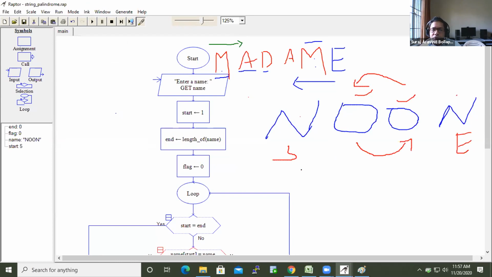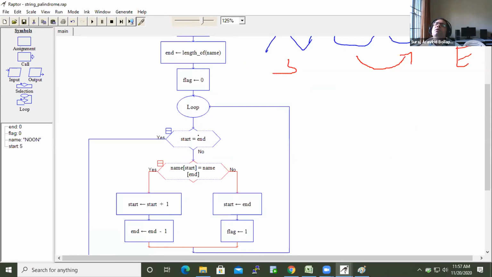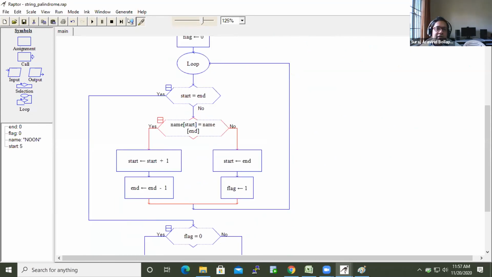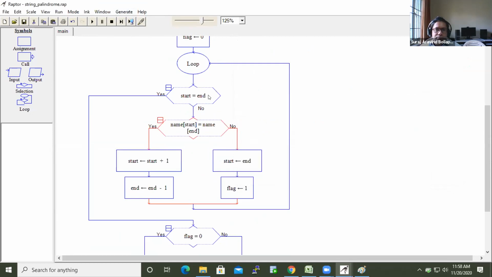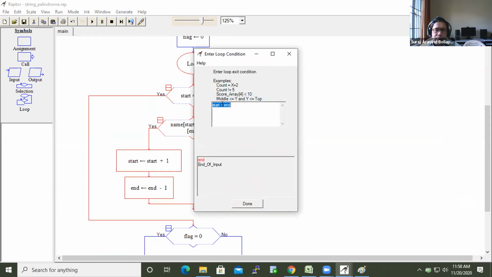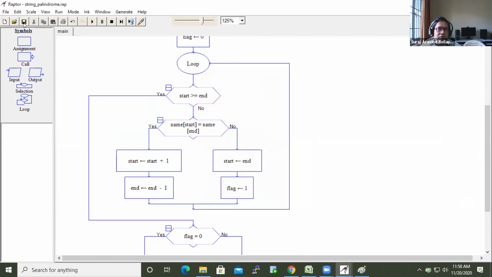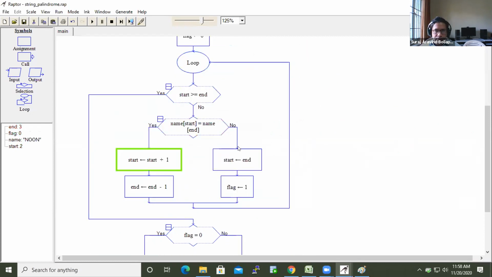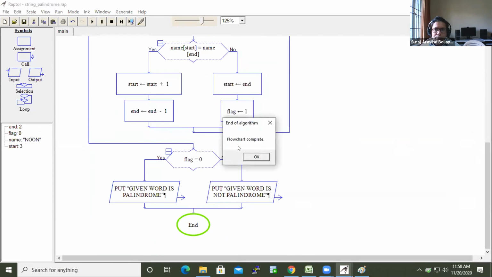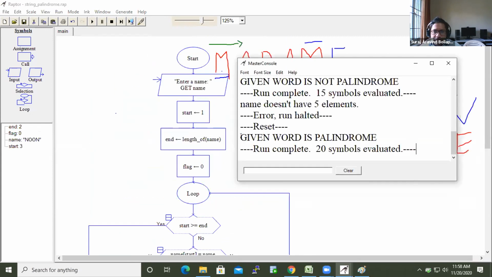Okay. So to avoid that, instead of equal to, if start is greater than end, let us put greater than or equal to. Now let us check. So given word is palindrome.